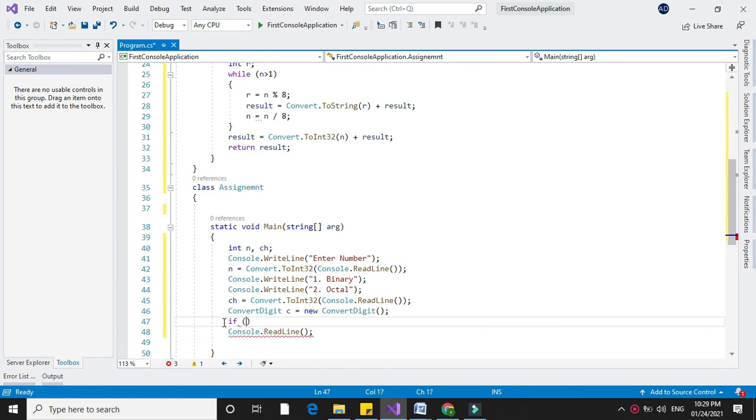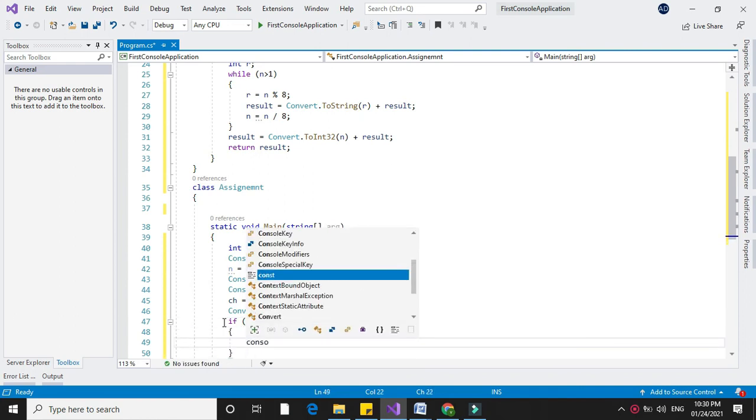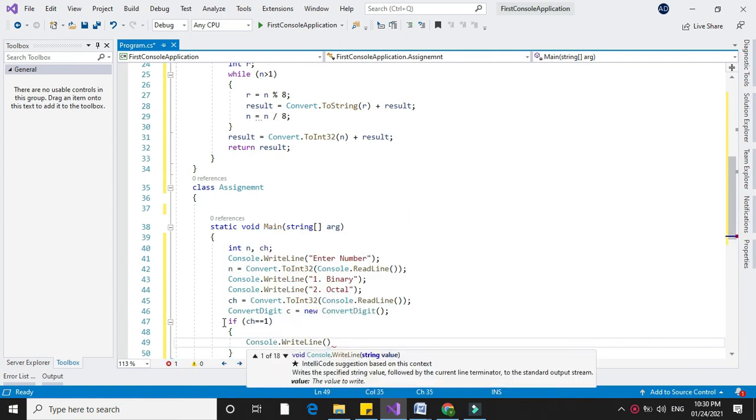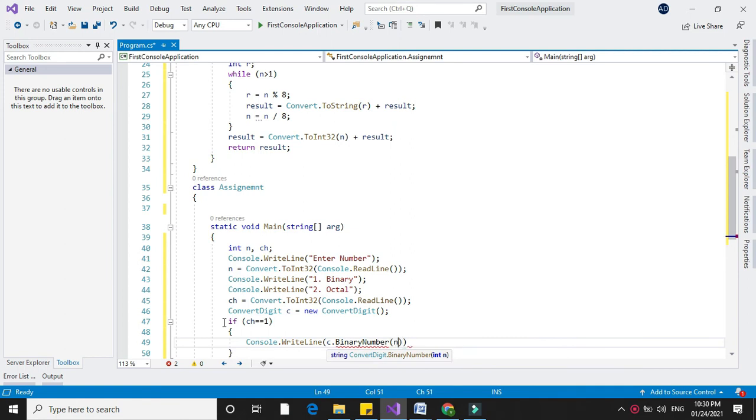So if ch equal to 1, we will call the method in console.writeLine, since in the binary number method we are just returning the value, not printing the value. So c dot binaryNumber with parameter n.